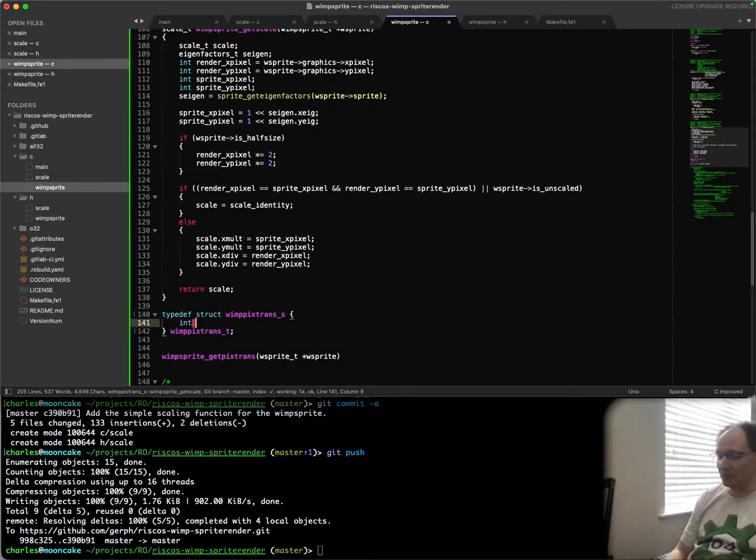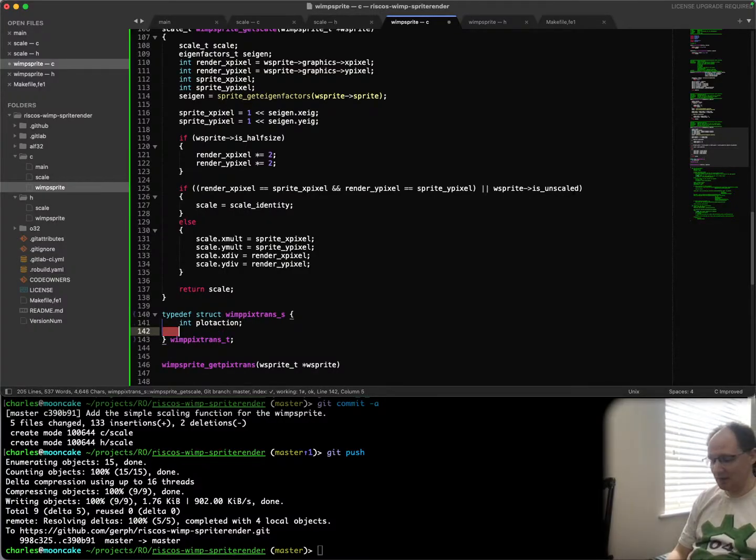We had the plot action, yeah, and then there's the pixtrans data. So pixel translation data can either be present or absent. And if we're going to make it possibly absent, then I probably want to have a